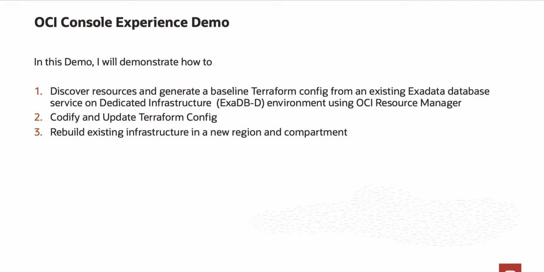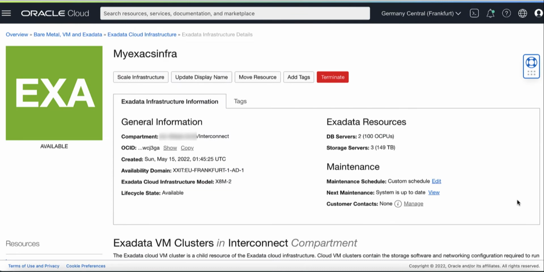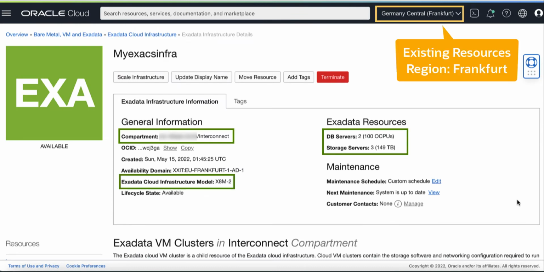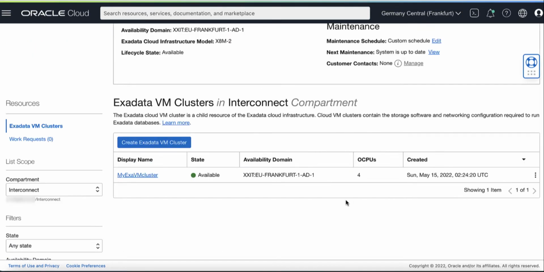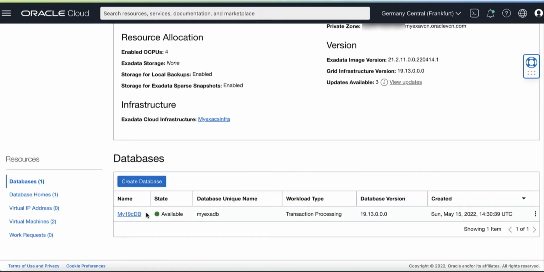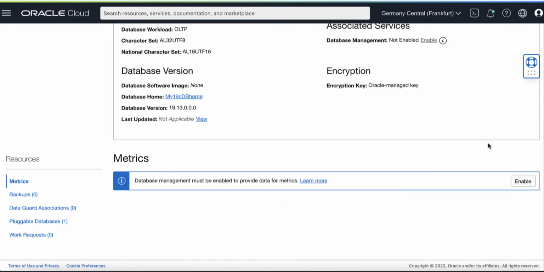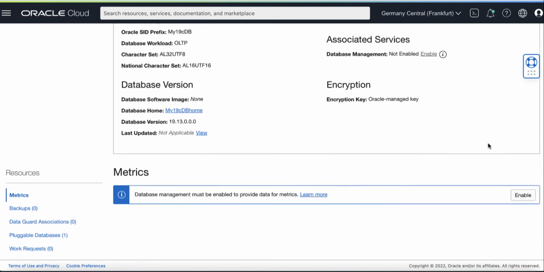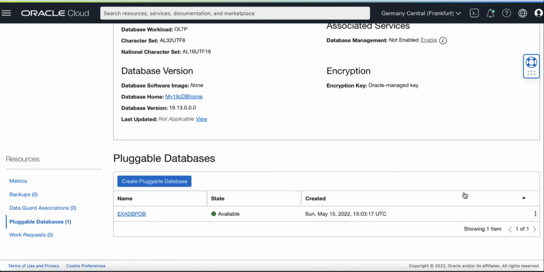Let's start by opening your OCI console and navigate to your existing Exadata Database Service environment. Here we can see an existing Exadata Cloud infrastructure X8M-2 running on Frankfurt region under the compartment name Interconnect. Then inside the Exadata Cloud infrastructure is a cloud VM cluster with 4 OCPUs enabled. Inside the VM cluster is an Exadata database provisioned in the database home with the 19C version and with one